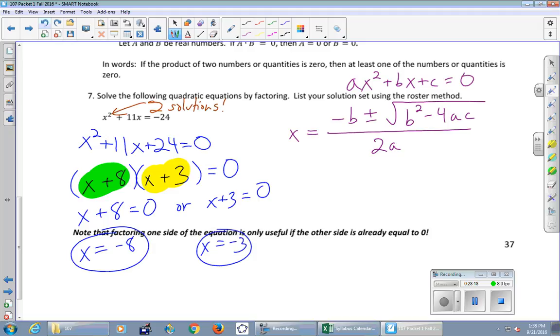For that equation right here, is it currently in this form right here? No. So the 0 is part of the quadratic formula, which means instead of using the original, we would still need to go down to the second equation. That's the one that we're going to use the quadratic formula on. According to that equation, we should be able to read off the values of a, b, and c. A is always the number touching x squared. It is 1. B is always the number touching x. It is 11. C is always the number with no x's. It is 24.